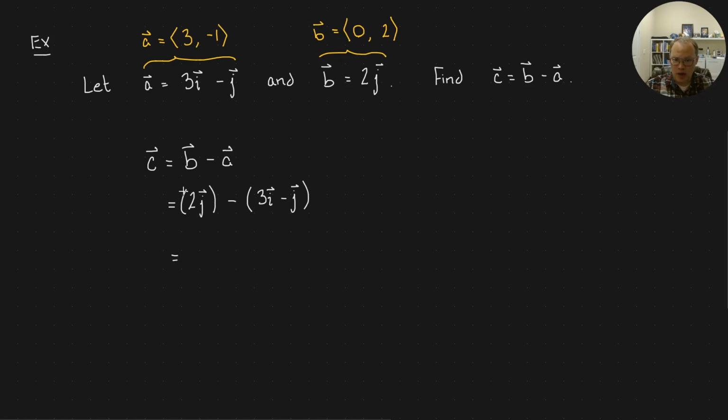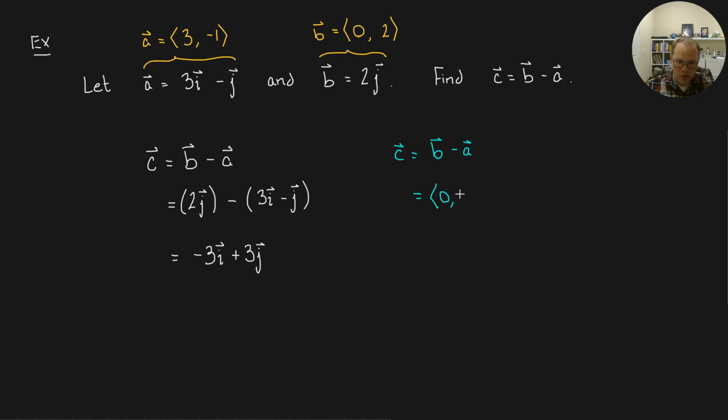So I have no i's, minus 3i, that gives me -3i, okay? And then 2j minus -j, combining the like terms, that's 3j, okay? You'd get the same thing if you did this in component form, using these notations,